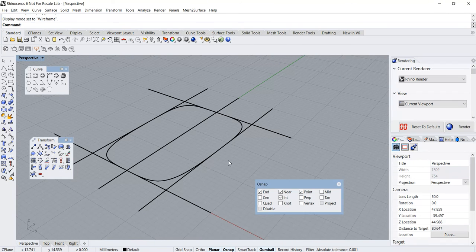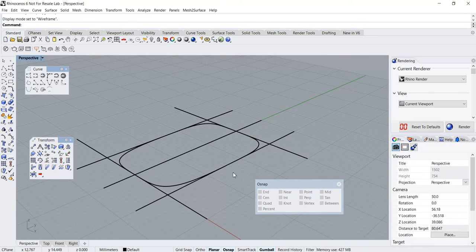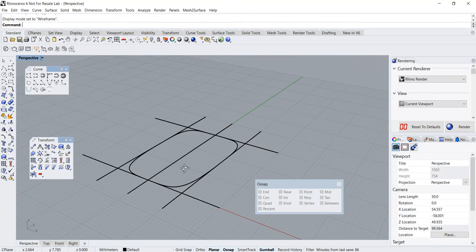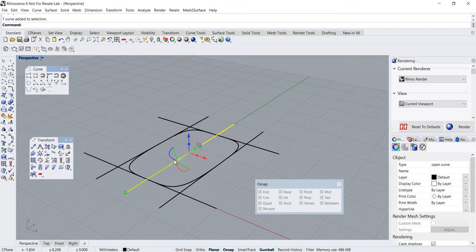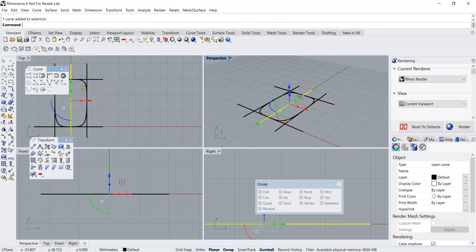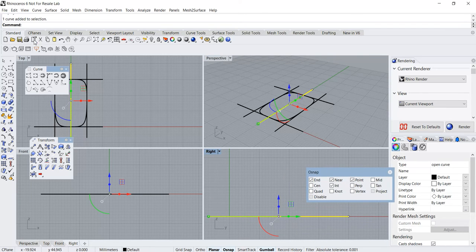So let's say I am given additional information of the depth of the design being 5 units. What I can do is another offset in a separate view. Firstly, I select the relevant line that I need to offset. Then I go to the view that I need to execute the offset. I type offset,